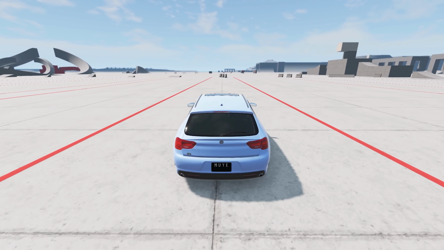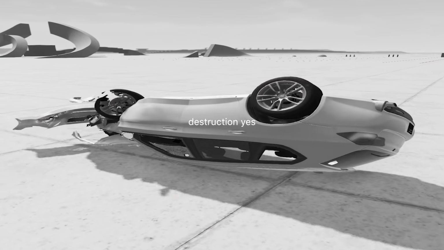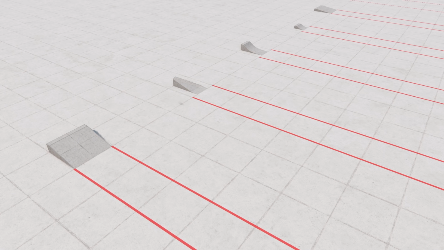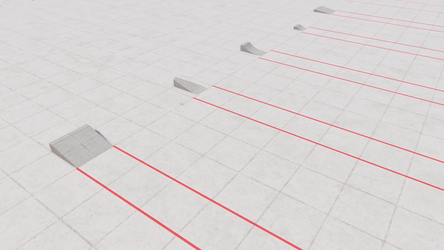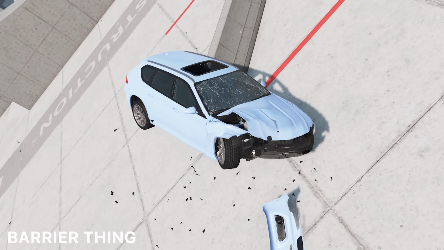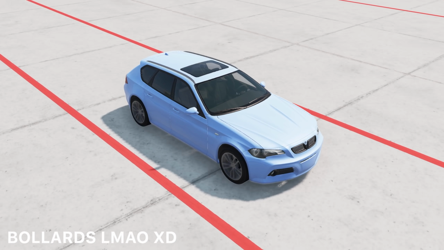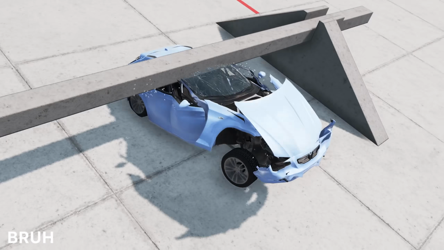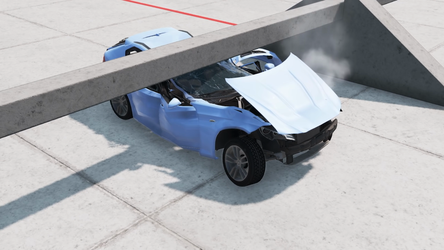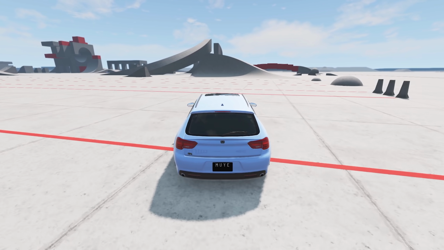So the destruction zone is dedicated to, well, this zone offers a great variety of different crash types, and these follow paths which are neatly outlined with red markings. Ayo, did I just flip the front bumper? Nice. But you also have